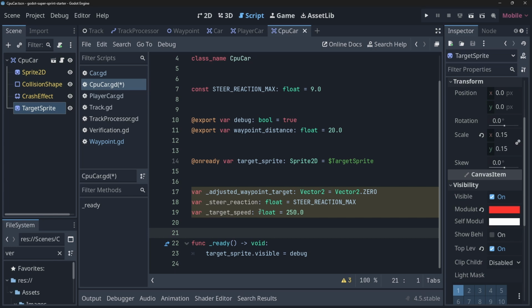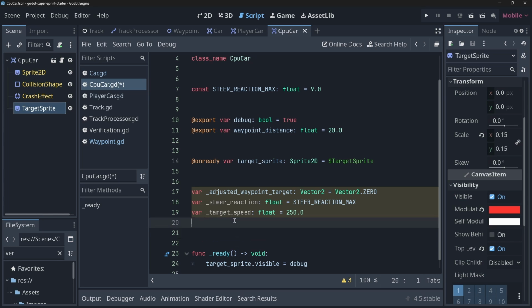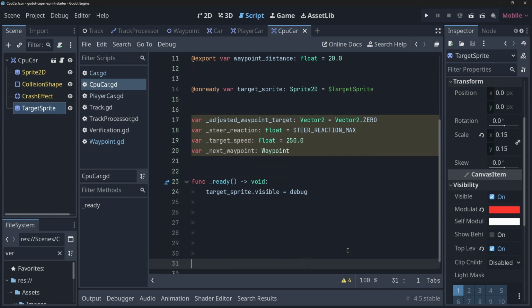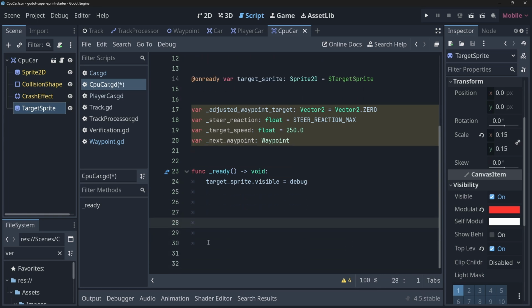I think I talked about that in one of the earlier videos anyway, for sure. And then finally, we want to keep track of the next waypoint that we're aiming for. So we'll make a next waypoint, and that can be set up in later code. So at the moment, that is null, effectively. Okay, so with that setup done, what we can do is start building the physics process, and then lastly, the